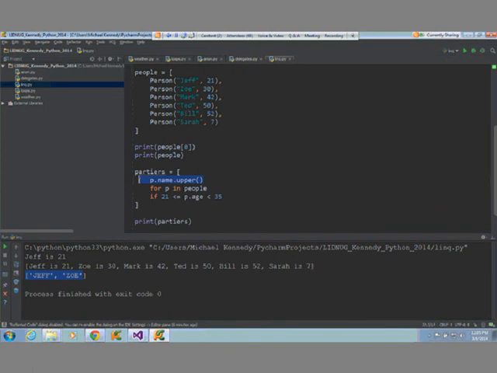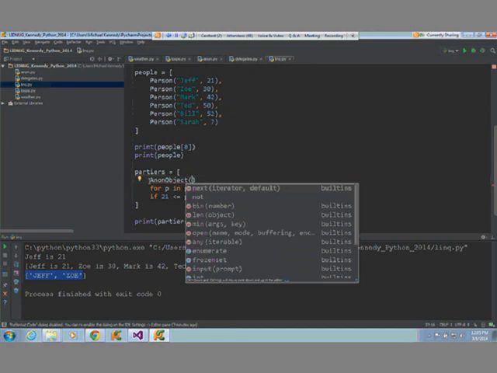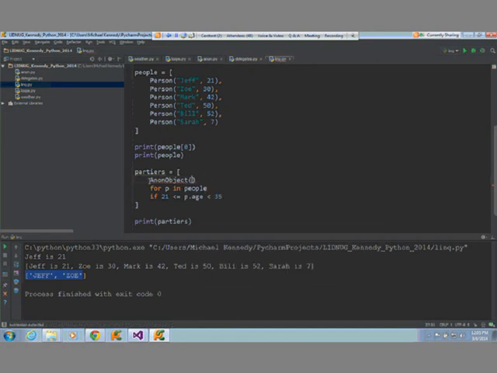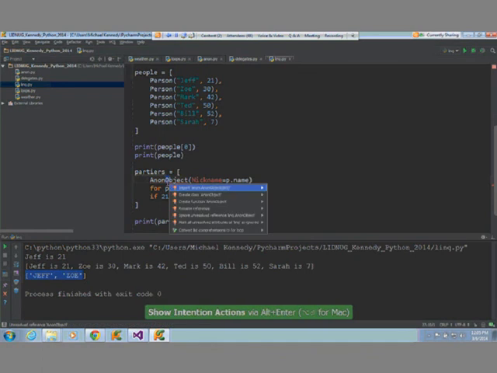I could even do the anonymous object. I could say anon object of, say, name equals, let's call it a nickname or something like that, equals p.name. Okay, and it says you need to import that from above. Sure, that's from our other module.